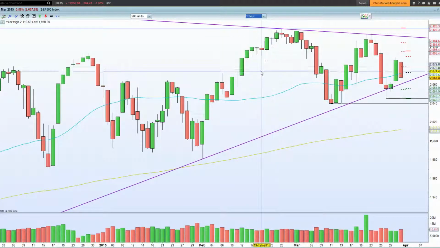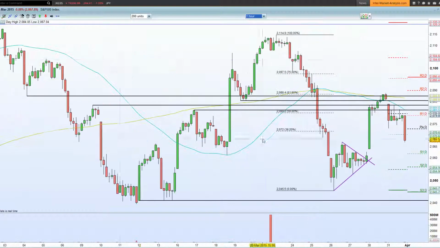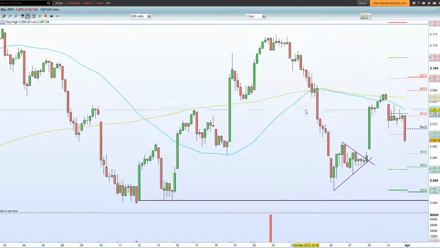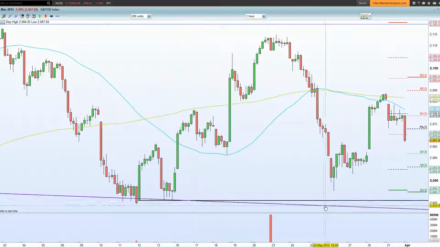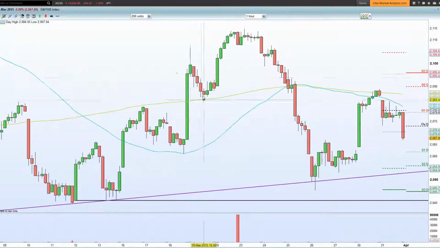Okay, 60-minute chart of the S&P 500. Yes, we have had some damage done here. Okay, so the 200 MA certainly held. We are coming back to this region here. Excuse my flu. Okay, at this very moment in time. Okay, so we basically have sold off. The bear flag situation obviously played out on this occasion.